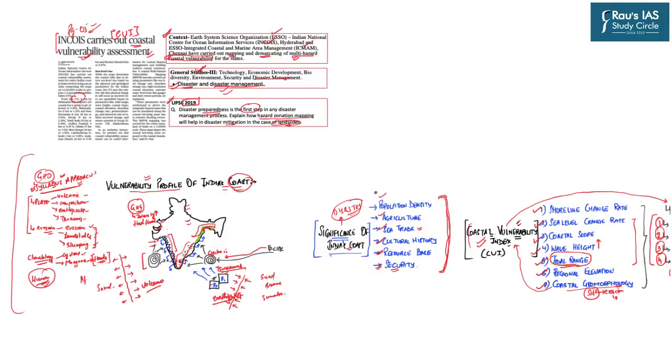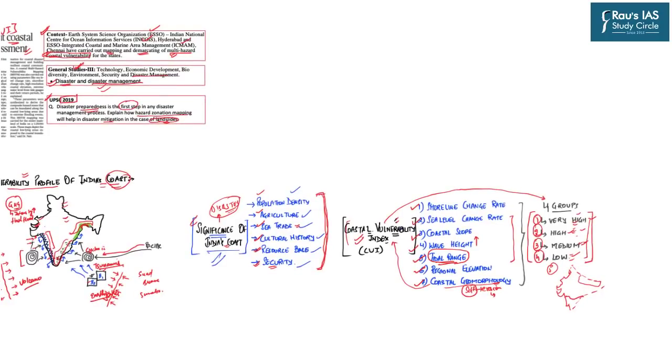Next, we came across the significance of India's coast. And here we discussed how the syllabus approach can help us in understanding and thinking about the multiple dimensions associated. Then we came across the significance of India's coast in terms of population density, agriculture, sea trade, cultural history, resource base, and security. And in the end, we talked about the Coastal Vulnerability Index, which is based on seven